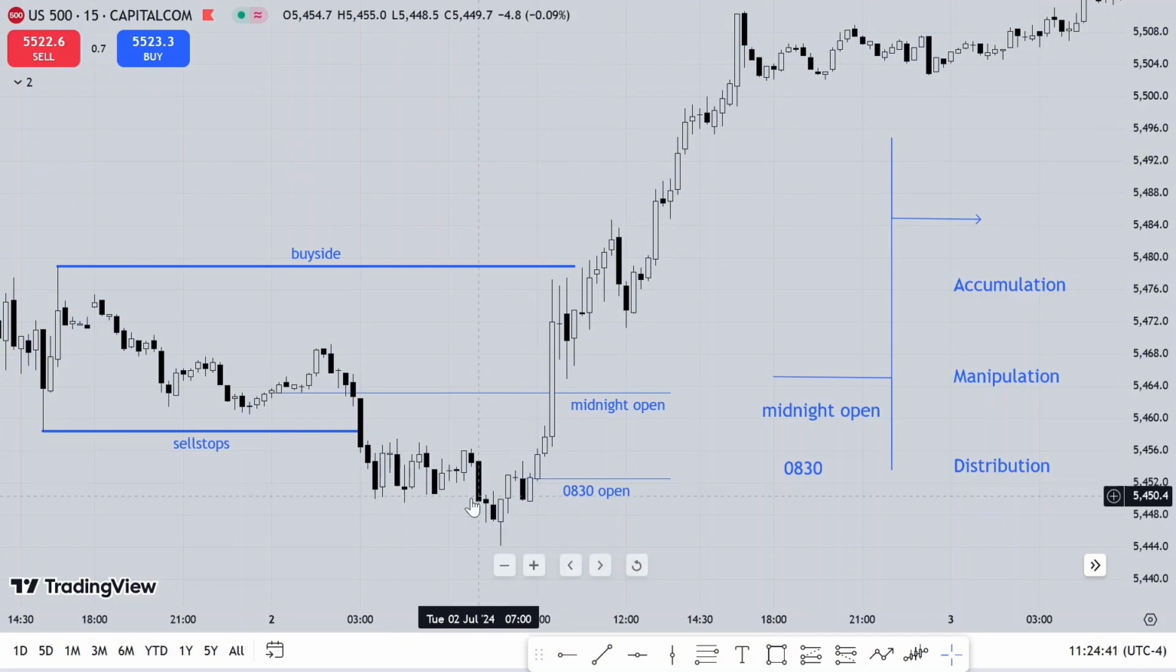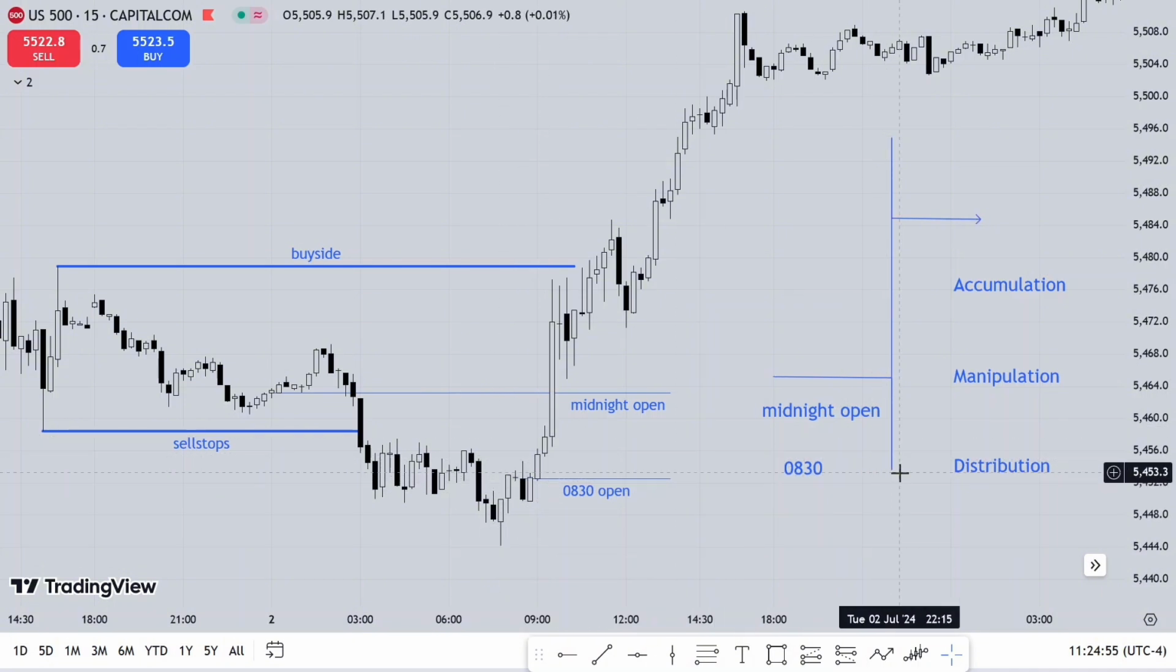So if you miss this manipulation phase, this is why I'm talking about this distribution phase now, because you do not need to participate in the low, you do not need to buy the low of the day. You can just take your portion, you can just take your meat during the distribution phase, which is all of this, when price was distributing to the upside. So you can just come into the market after the accumulation and the manipulation leg has taken place, and this